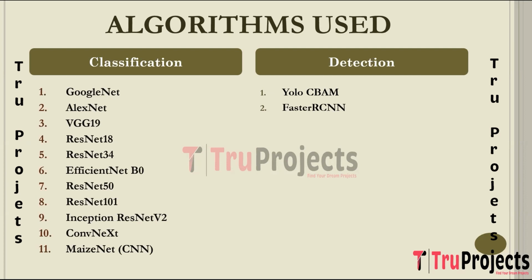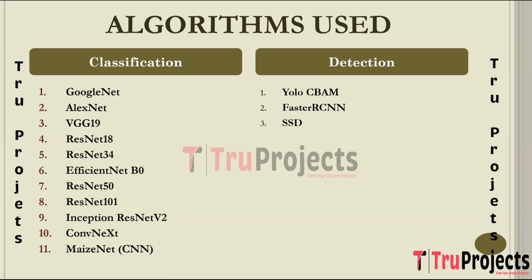The next algorithm is Faster RCNN, which is a region-based convolutional neural network. Faster RCNN is a two-stage object detection algorithm. It introduces a region proposal network to generate potential bounding boxes, followed by a classifier to predict the class and define the bounding box coordinates. Faster RCNN is employed when the project places a higher priority on accuracy. In the context of maize leaf disease detection, where precise location and classification are critical for effective treatment, Faster RCNN provides a robust solution, albeit with a slightly longer processing time compared to some other approaches.